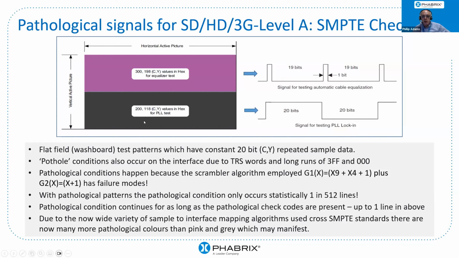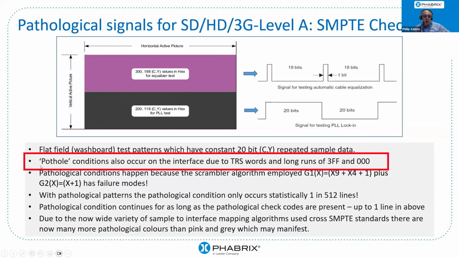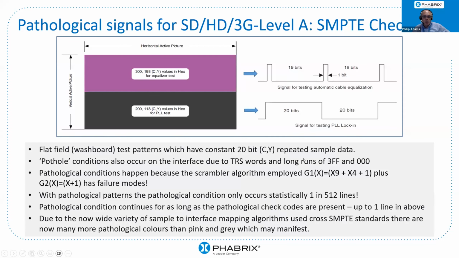There are further failure modes identified in the document, something called potholing. As I say, I think we won't have time to go through that now, but potholing is something you need to worry about as well. All these tests can be checked for by just creating a test pattern with these particular codes in them, and that's what we do. So that's done for